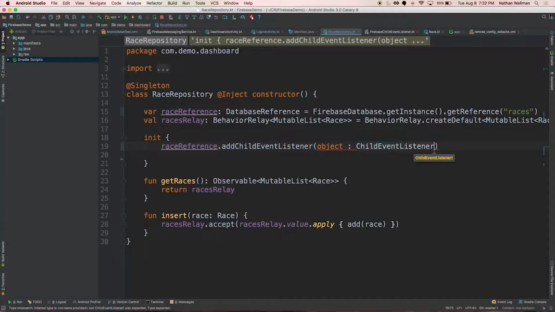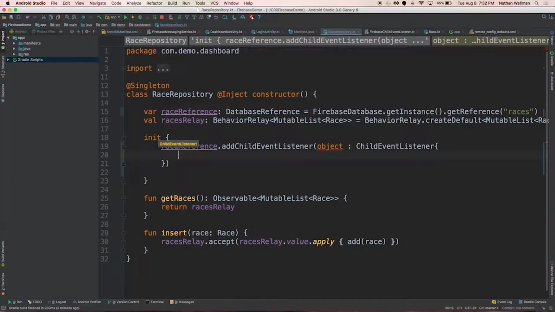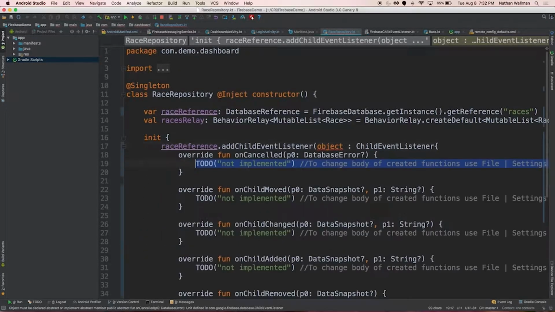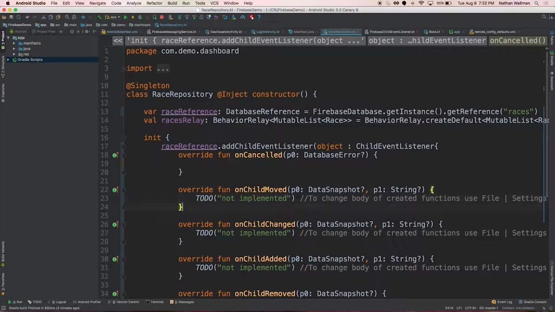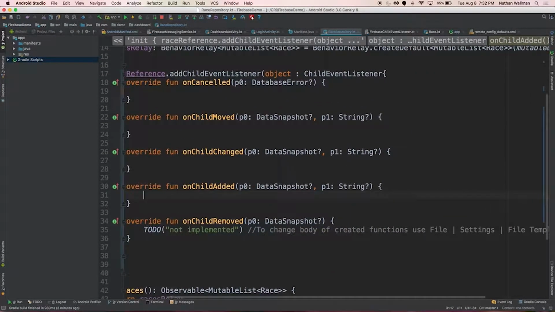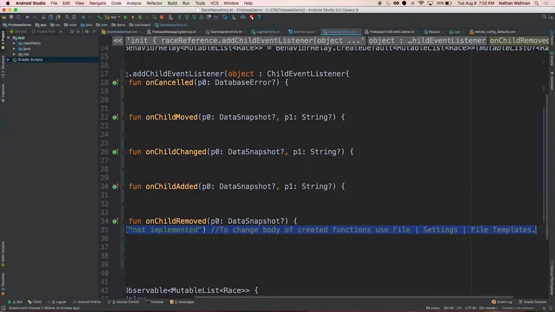In order to handle callbacks, like when the database has an insert in it, you have to implement these methods. So what happens when it's canceled, or when a child is moved, or if a child's changed, etc. These are all callback methods that get called when something happens on the server side.